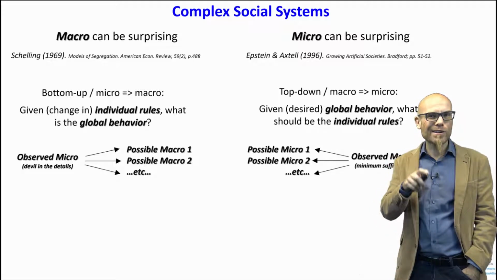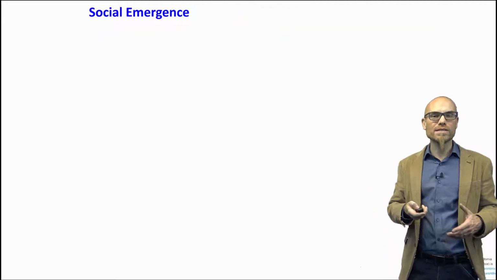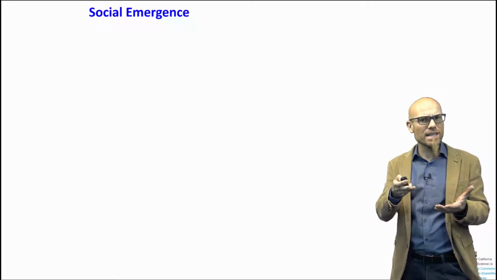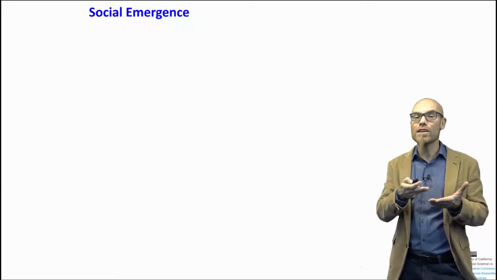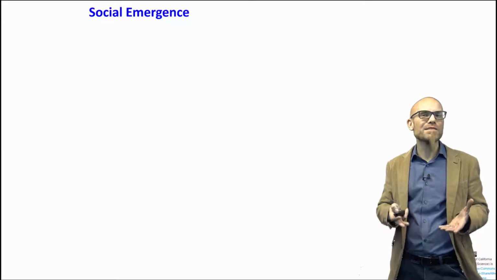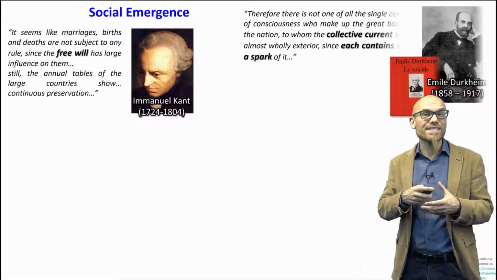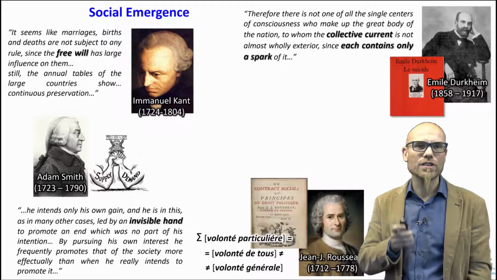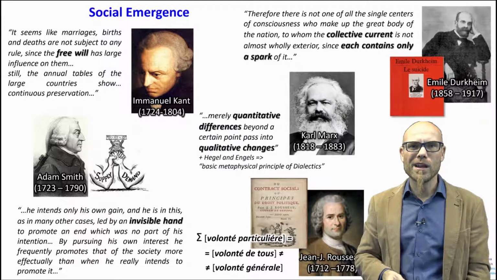And what's between the macro and the micro is what's often referred to as social emergence. So this higher level emerges from the lower level, and then on this higher level there are its own rules, and you can do science on the higher level as well, because there are some patterns that are detectable thanks to the predictability that emerges out of these individual behaviors. And that is something that has fascinated social scientists since the beginning of doing social science. So philosophy, sociology, economics, political science, and this gentleman here, everybody claims he belongs to them.